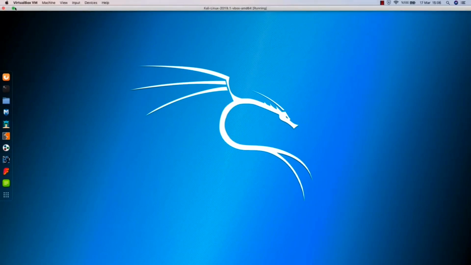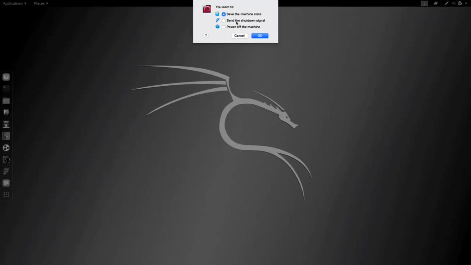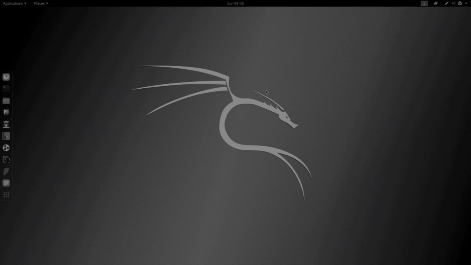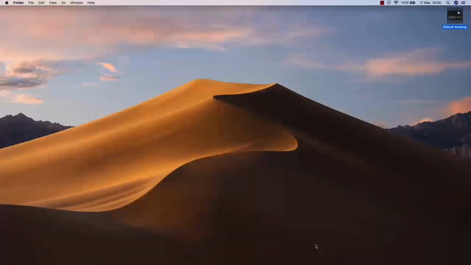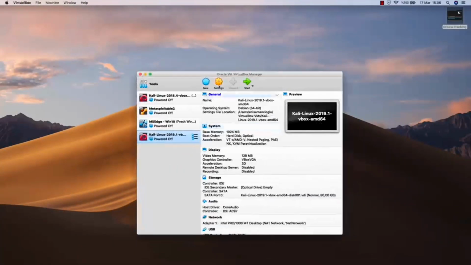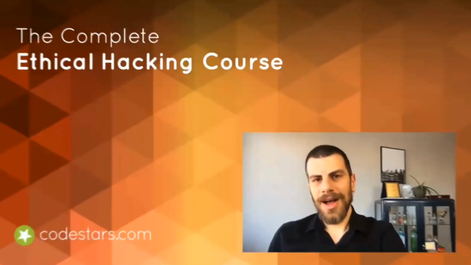You may want to close it down. All you have to do is just click the closing sign in here, and you can say save the machine state. It means that don't turn off. Whenever I click start, just pop this on. You may want to say power off the machine as well. It will just turn off the machine for you, and you may want to go to your virtual machine and hit start to start it again. So if you come to this point, let's stop here, and within the next lecture